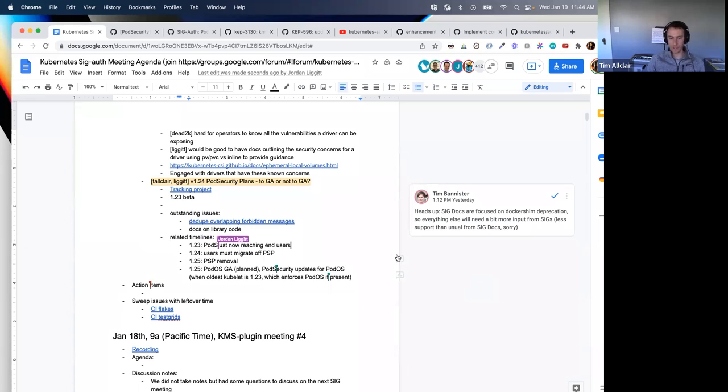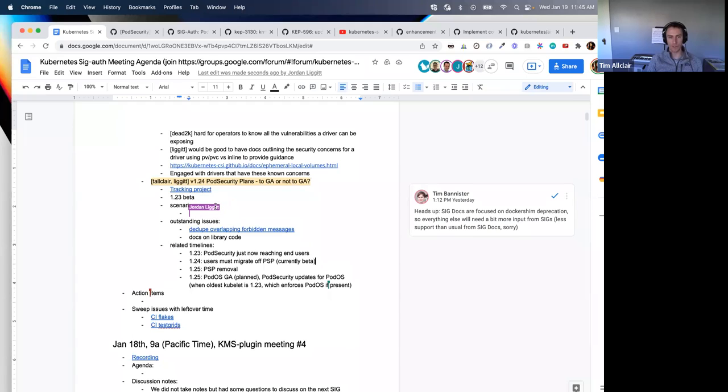A couple other considerations there. As David mentions, PSP is beta, so it's not the end of the world if we're telling them you have to migrate from one beta thing to another. If pod security instead went to GA in 1.25, then probably a lot of users are not going to actually do this migration until 1.25 is out, just realistically based on people's upgrade timelines. And so if it went to GA in 1.25, they at least have some assurance that the thing they're migrating to is not going to change or go away in the future.